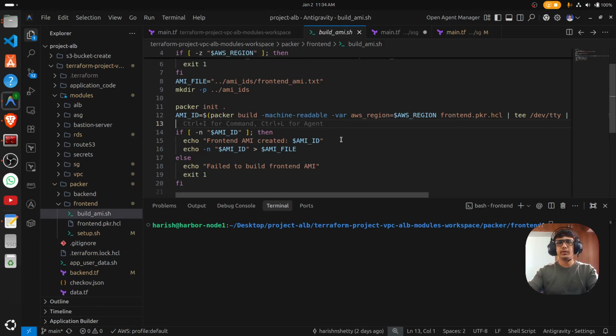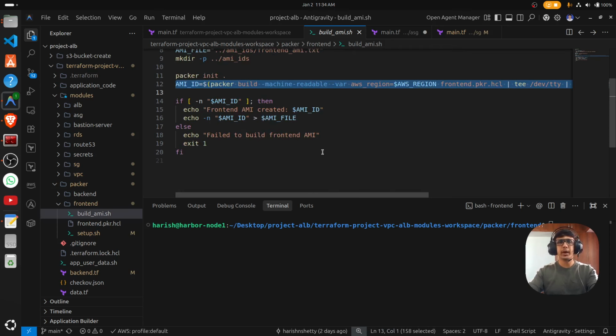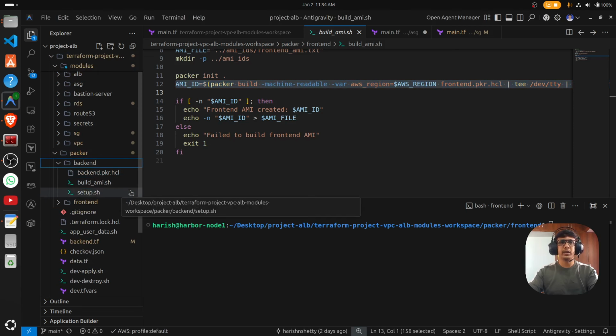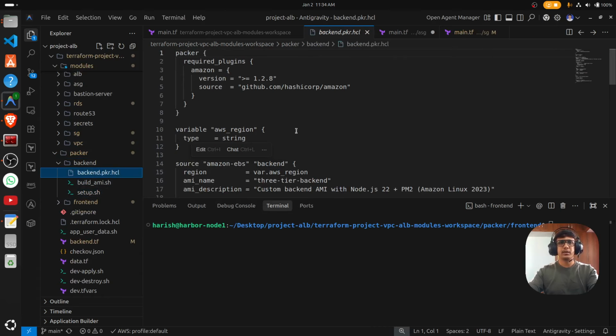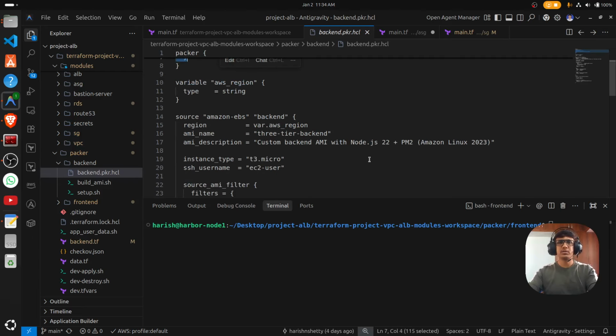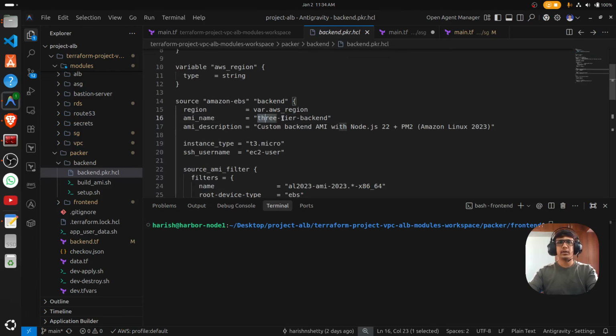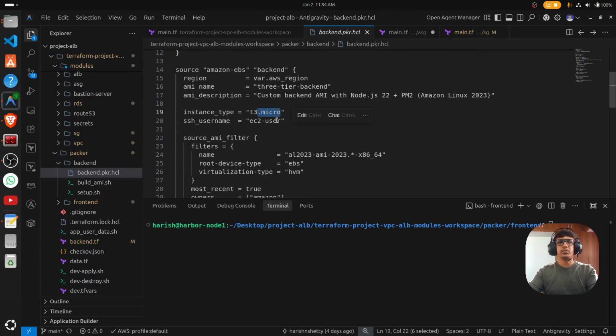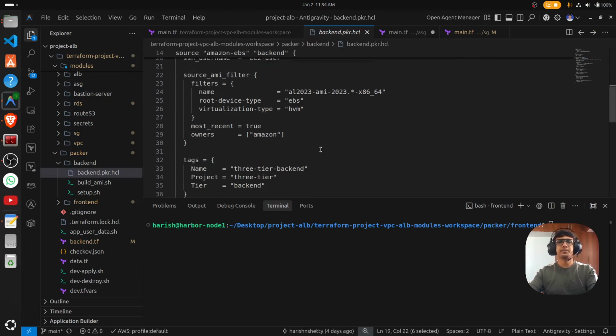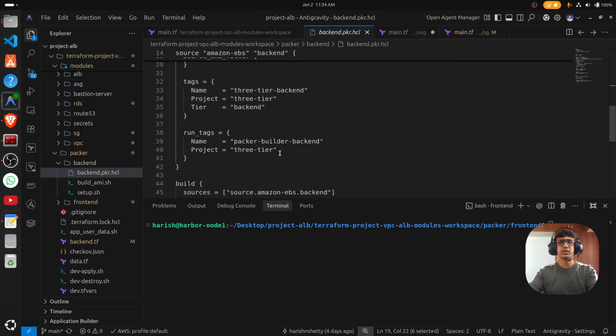If you feel difficulty to install, you just ask ChatGPT. This is the installation step to build the image. That's it. The front part of the packer image is done, and the backend is the same thing. Packer required version and 3-tier backend. There we gave the 3-tier front end, here we gave the 3-tier backend, t3 micro, easy to use, and the same as it is. Recent packer backend